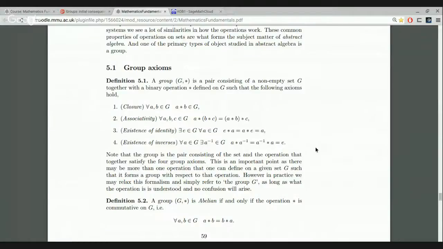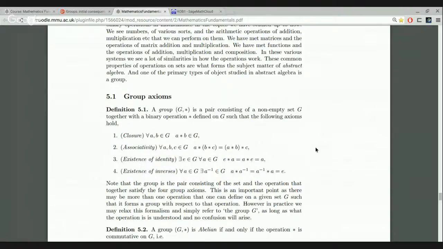Groups and group theory. This is an introduction to group theory. We won't be going particularly deep into it, but just to show you what groups are and go through a number of key examples of different types of groups and look at some aspects of the mathematical study of